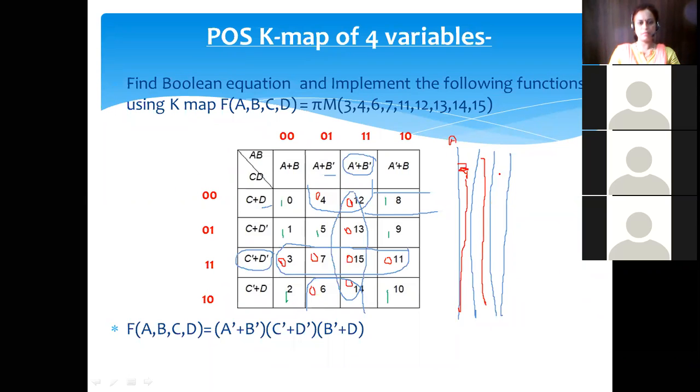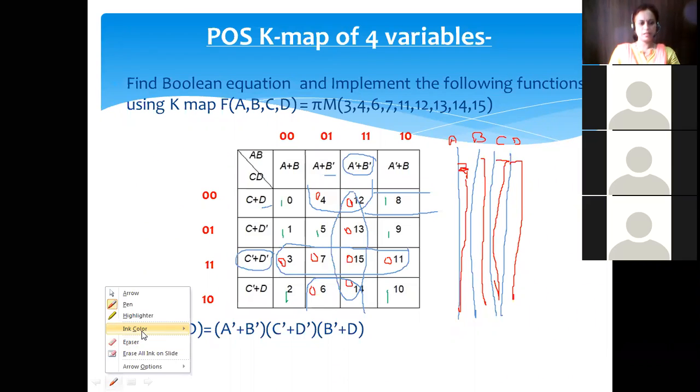Every variable is having a complemented and an uncomplemented form. So we consider this as A, and a NOT gate line, as we did earlier, gives the complemented line. In the same way we have it for B. I will draw it like this only; understand that it is the complemented form. This is B, this will be C and this will be D, and the complements are shown in red color.